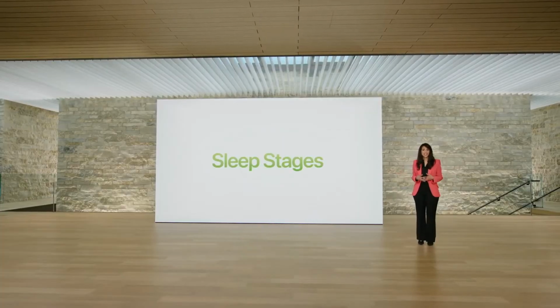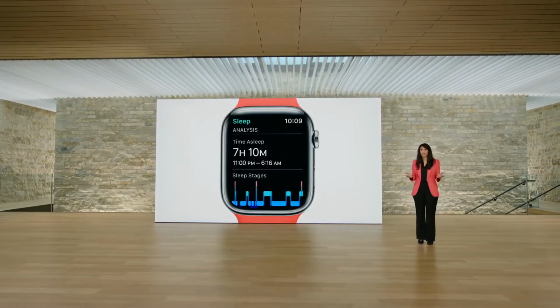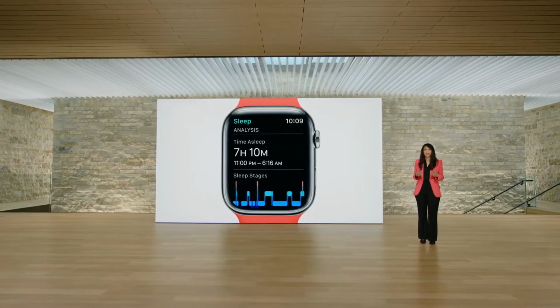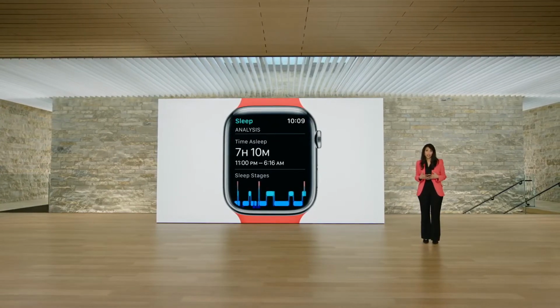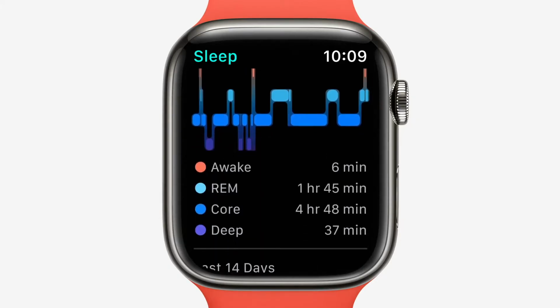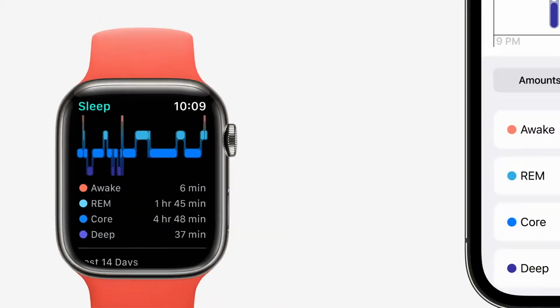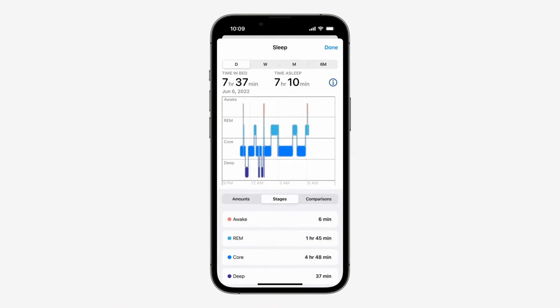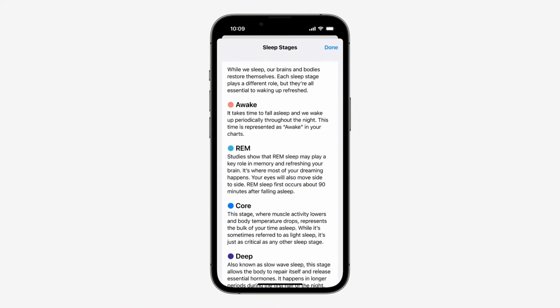Sleep stages. Apple Watch uses signals from the accelerometer and heart rate sensor to detect which stage of sleep you're in. You can see how much time you spent in each stage, as well as when you might have woken up. You'll see more details in the Health app, where you'll learn that each sleep stage, REM, core, and deep,